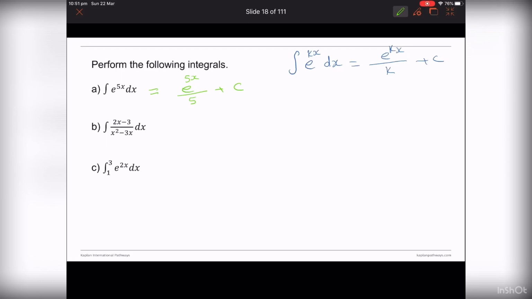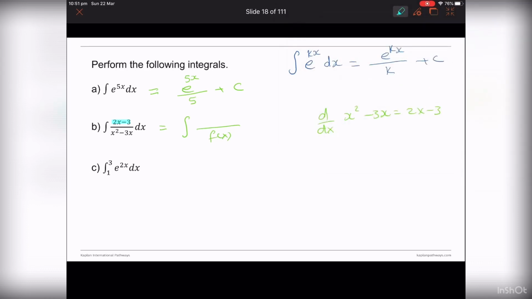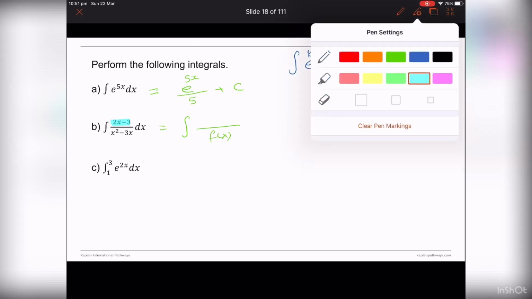Okay, the second one here, I think this is the same as the one we just did earlier. Anyway, this is the integration of the function f of x. What's the derivative of 2x squared minus 3x? So d over dx of x squared minus 3x equals 2x minus 3, which is at the top here already. So because we have the derivative of the function at the bottom, therefore we can